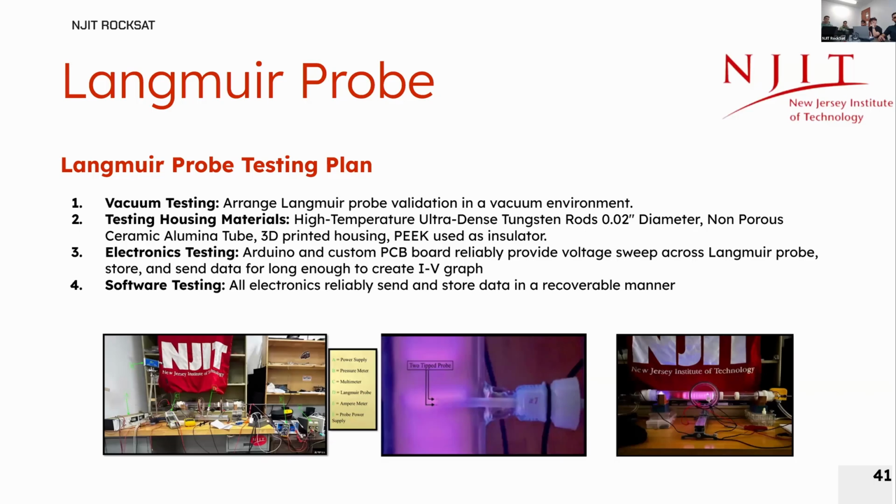The Langmuir probe testing plan. First, we completed vacuum testing and testing of the housing materials, which was changed from machined aluminum to the PPS filament. We deemed that aluminum was not necessary. Going forward, we need electronics testing and software testing, which we will see through once the PCB boards are finalized,